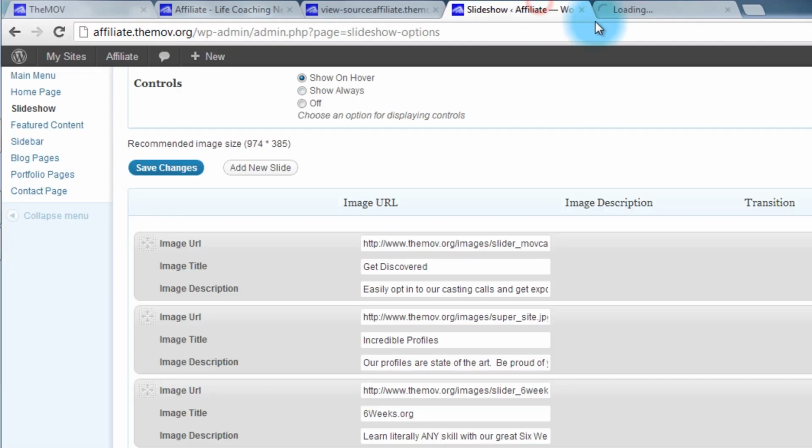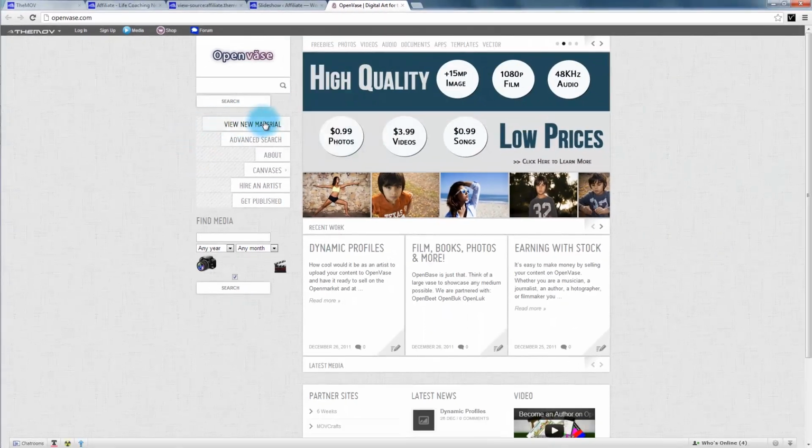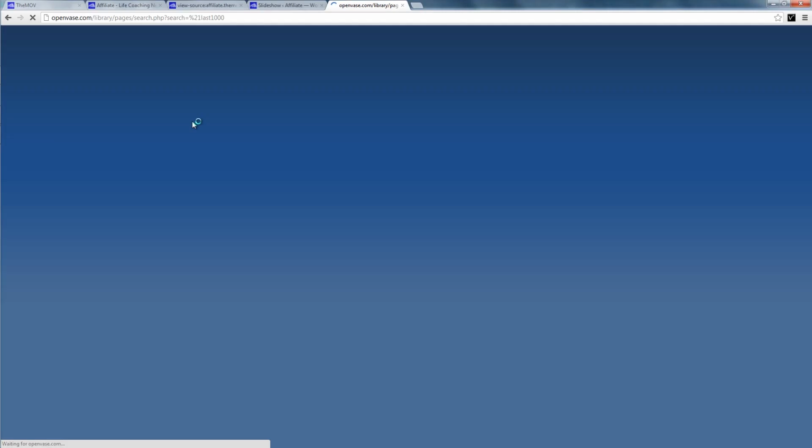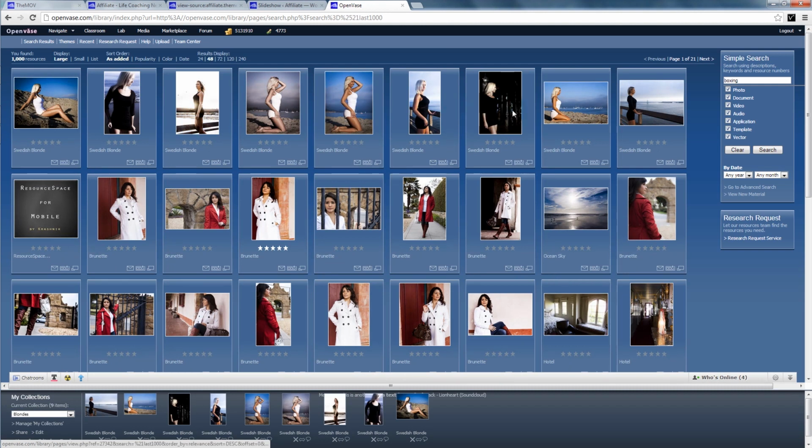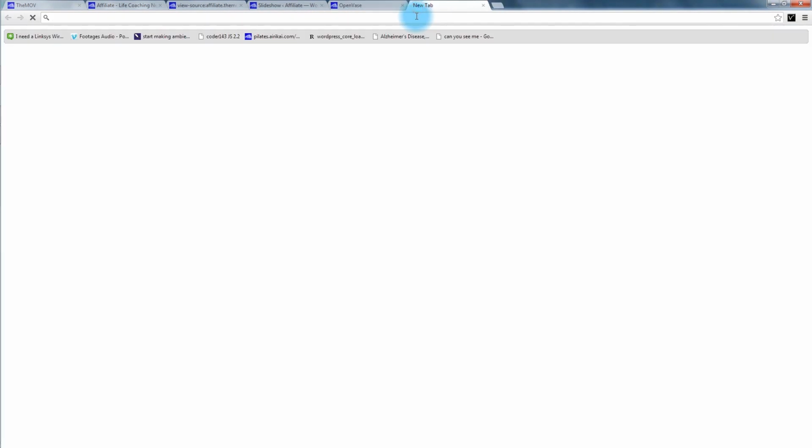Now, I really recommend that you have Photoshop or GIMP, any really high-end photo editing software, and you also have some nice stock photography. So I'm going to go in and look at the new material, and since I am the owner of this, I have a lot more material than most people have on it. But there are some great open source stock photography out there. You can type in